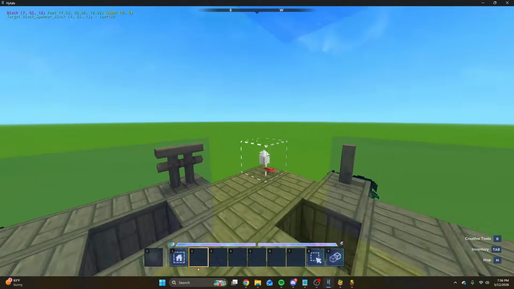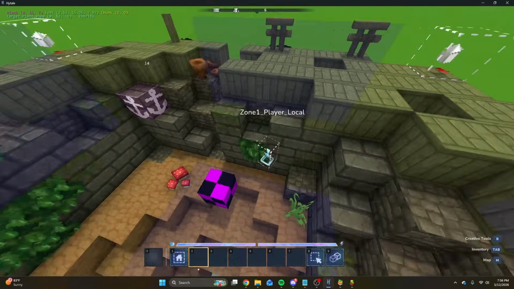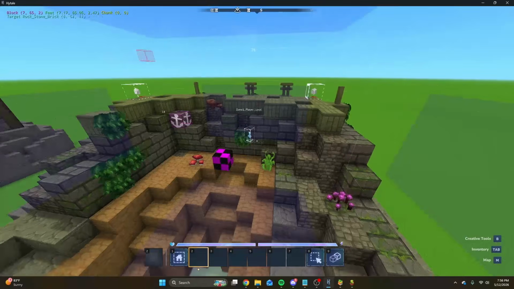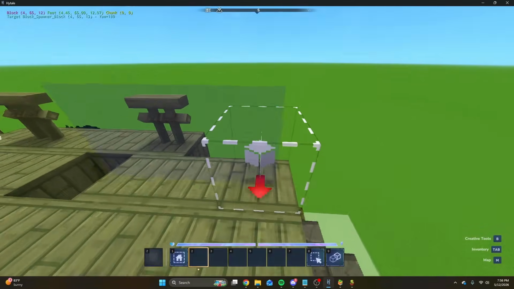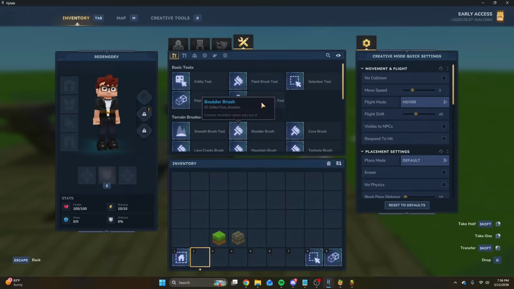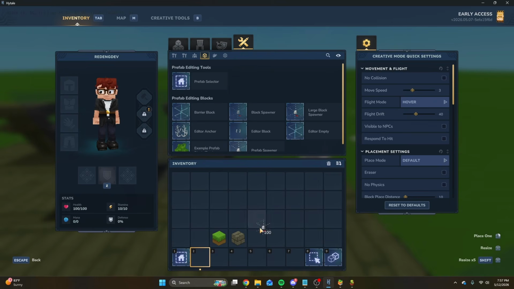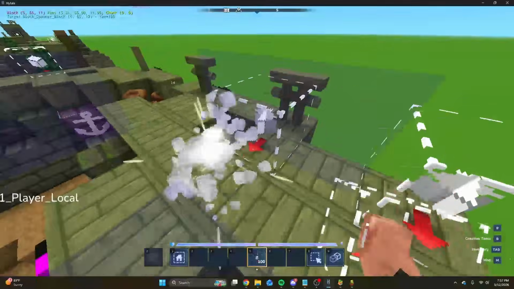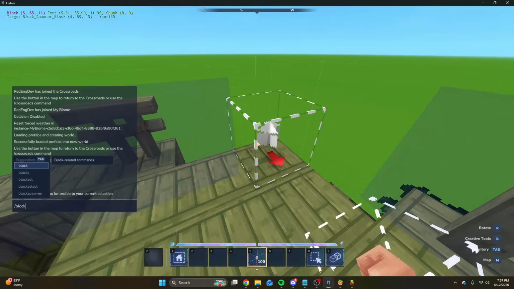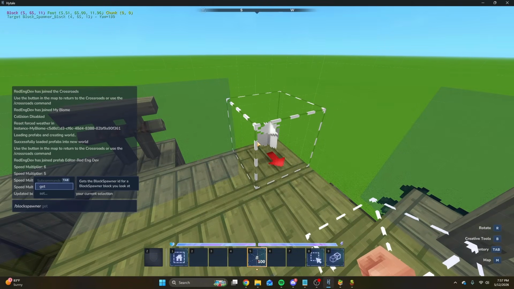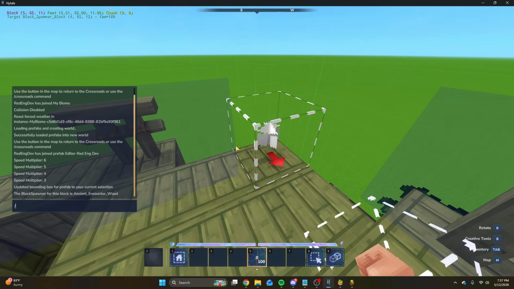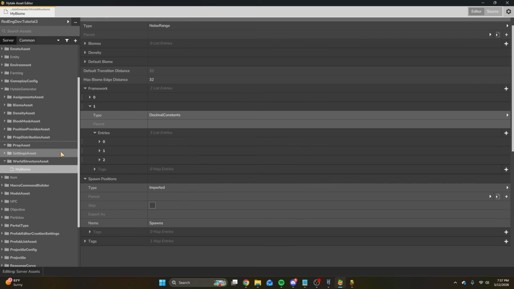But there are two other things that I have here. One is this spawn marker that's able to spawn entities within a prefab, and I also have these block spawners. If I open up the menu here, you can see block spawner. You can place block spawners, and if I type in /block spawner and do get, I can see the block spawner is set to ancient encounter wood, which isn't set in our asset editor here,